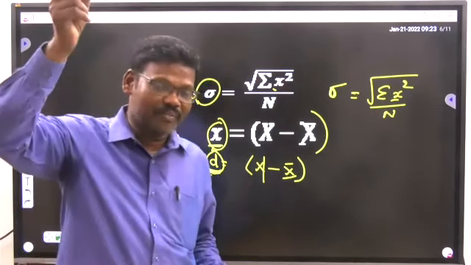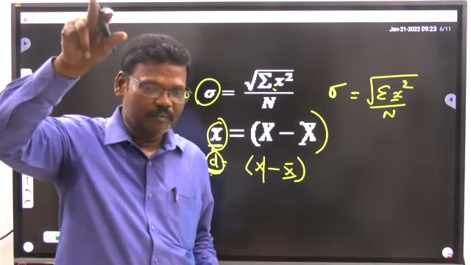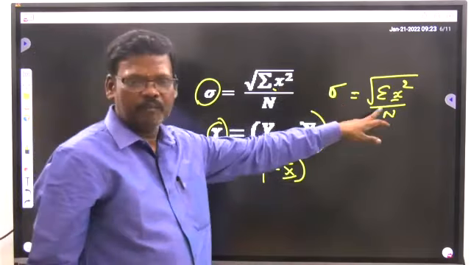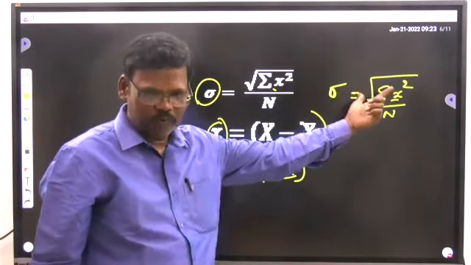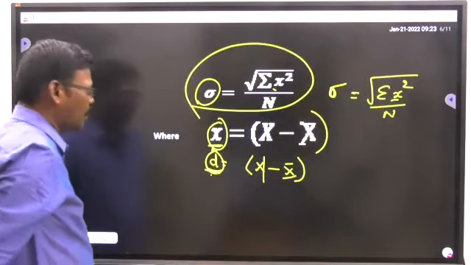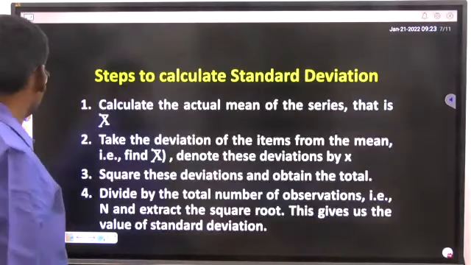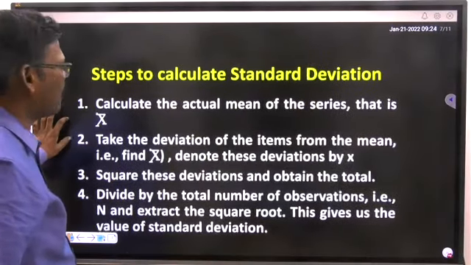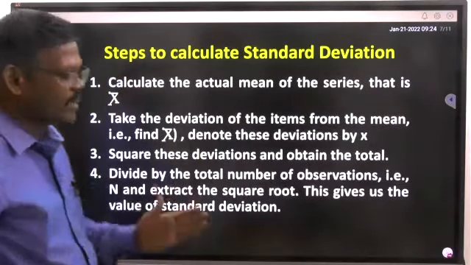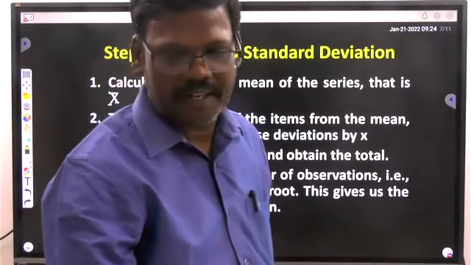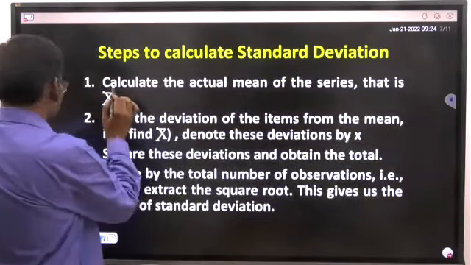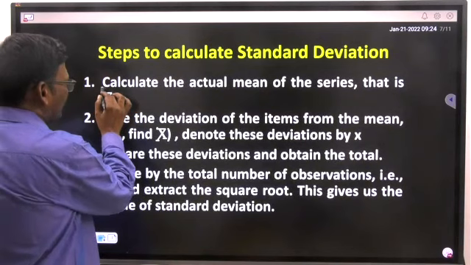The square root of the mean, please remember. The mean is nothing but sigma x by n. So the square root of sigma x square by n is the formula to know what is called standard deviation. Now we are going to see the methods used to calculate the standard deviation. To measure it, first we have to calculate the